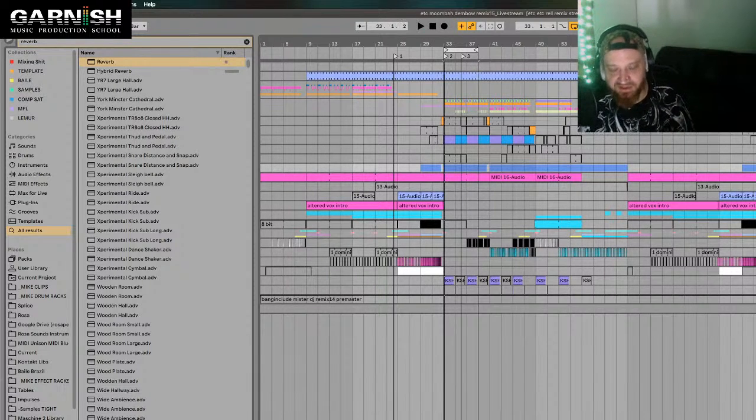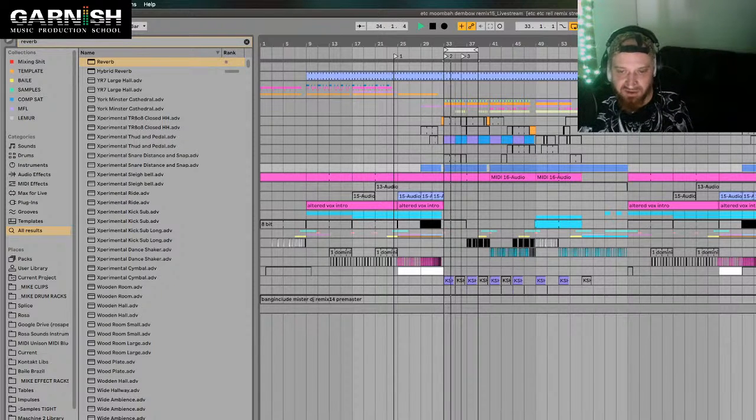To me, it sounds a little bit smoother. If I wanted some more highs in there, I could do something like this. But really, what I should do at this point is actually bring in